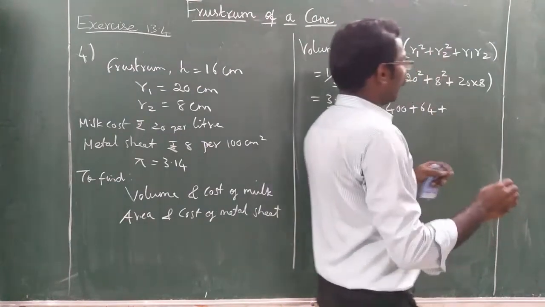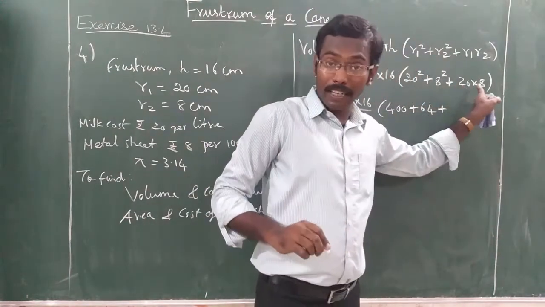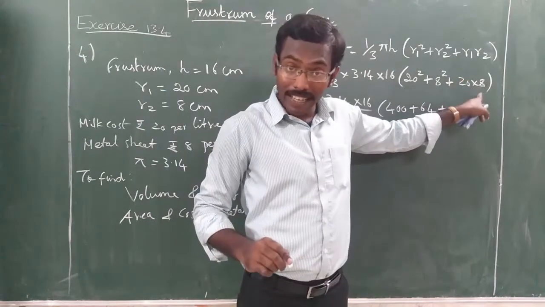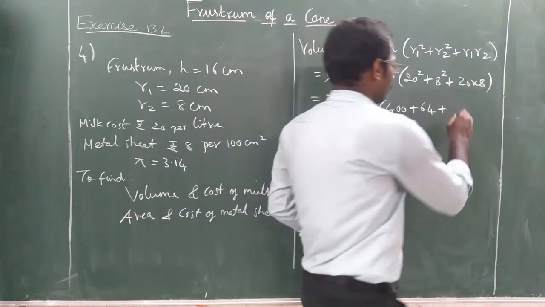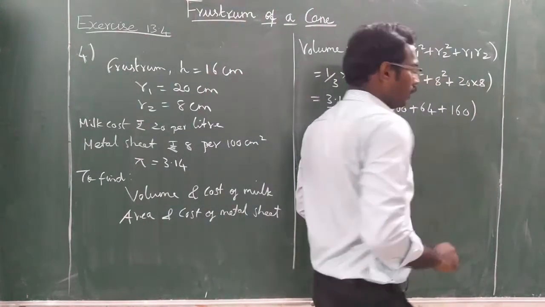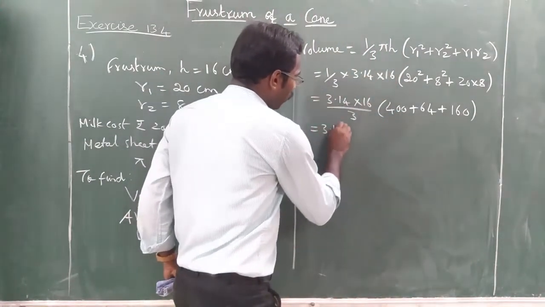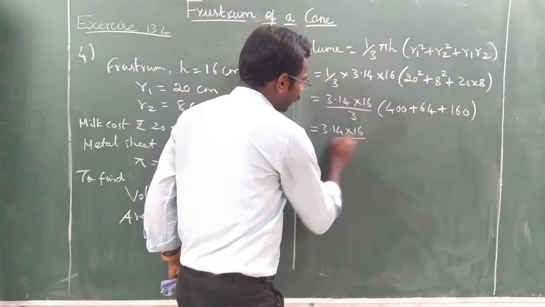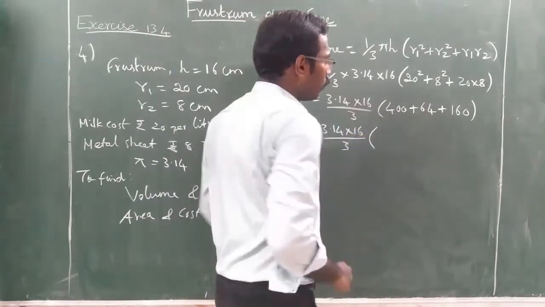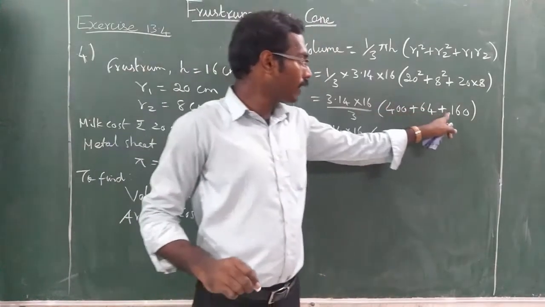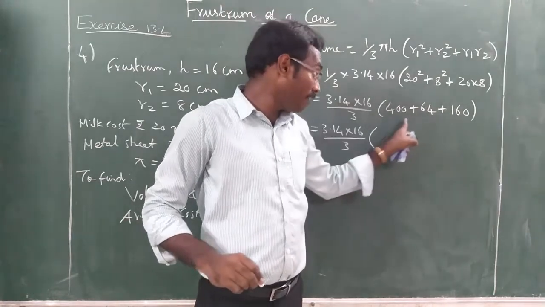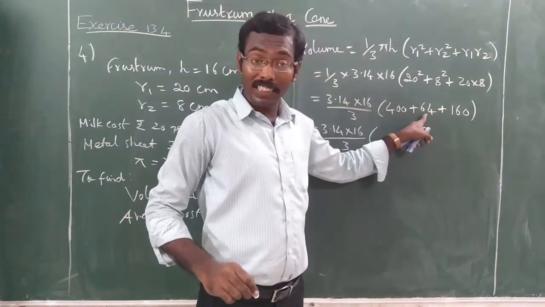Plus 20 into 8, that is 160. So we have to add this. So 3.14 into 16 divided by 3 into 400 plus 160, that is 560. 560 plus 64 is